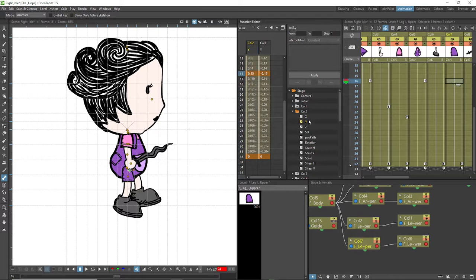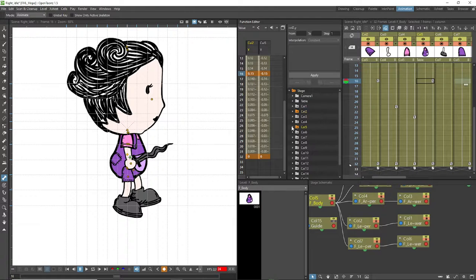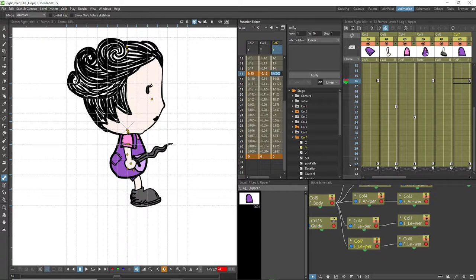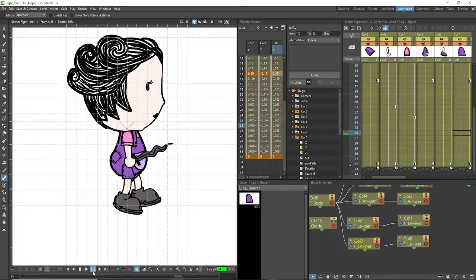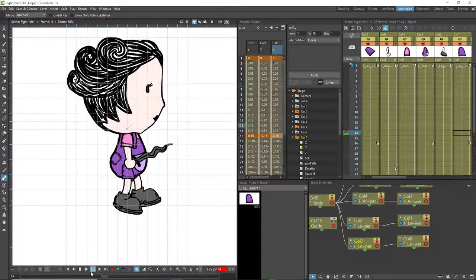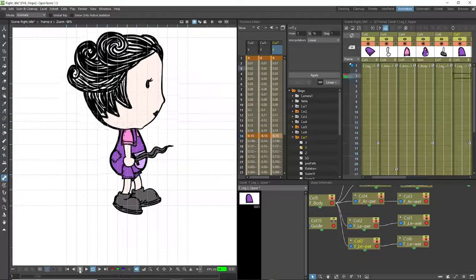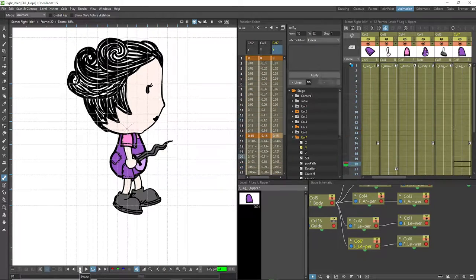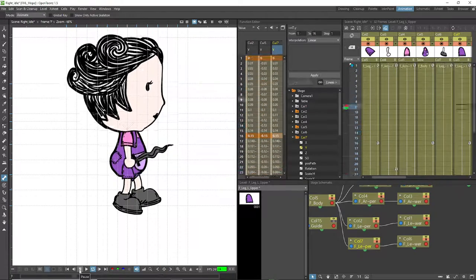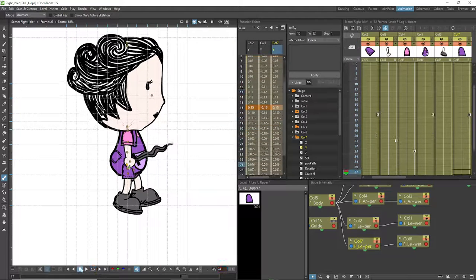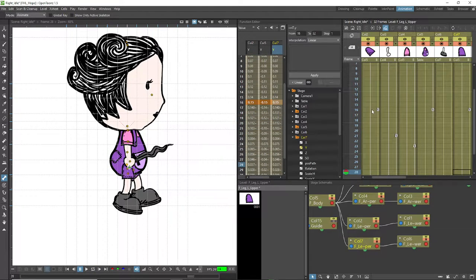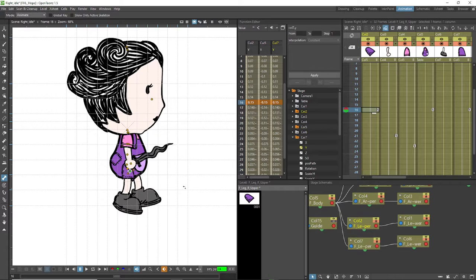We also do column 7, Y shift. Oops, sorry, 0.15. So now when we animate, it should stay in place. There you go. But at the same time, it wouldn't be perfectly still because the body is moving or swaying. So now what we can do though is